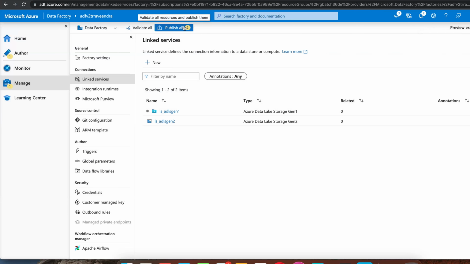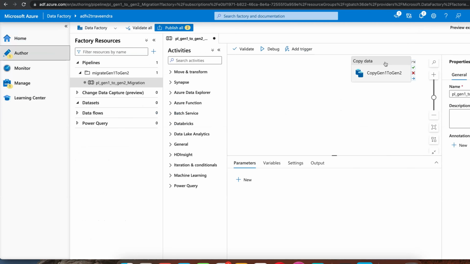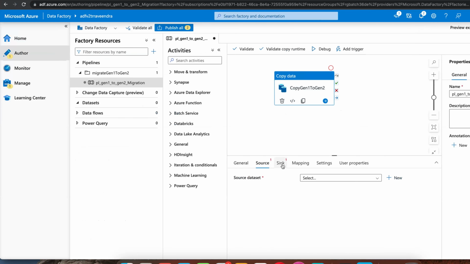Then publish is nothing but save. There's no save option, you need to use this publish option. Before that, go to the author. This activity does not have any data sets, so we will create two data sets here. Click on this